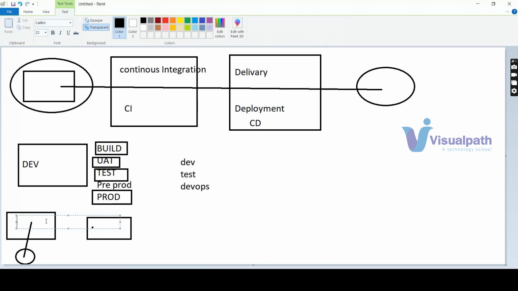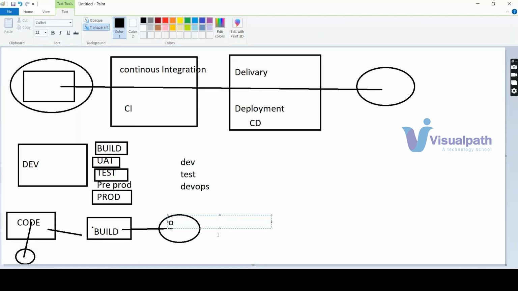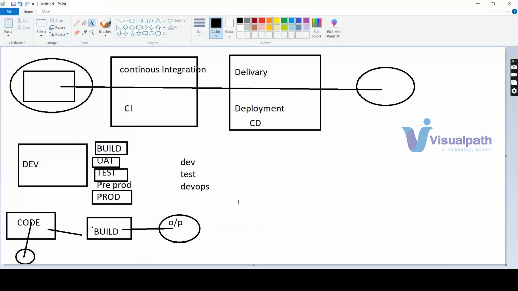Suppose this is the code phase, this is the build phase. After that, we will get some output of the build. So from code, we will reach build. From the build, we will reach this output. Suppose this is the output of the code. Then with the help of the output, we have to make some changes in that output into some phase, and that is called